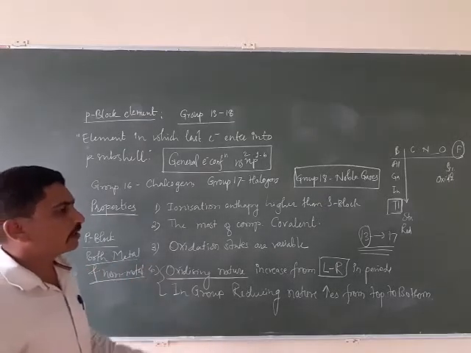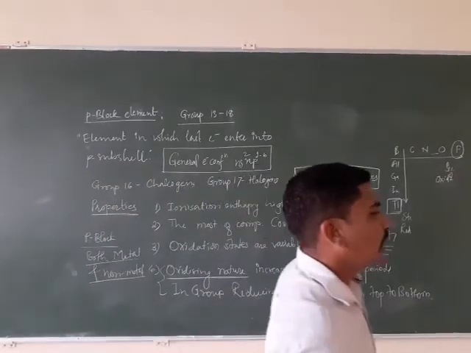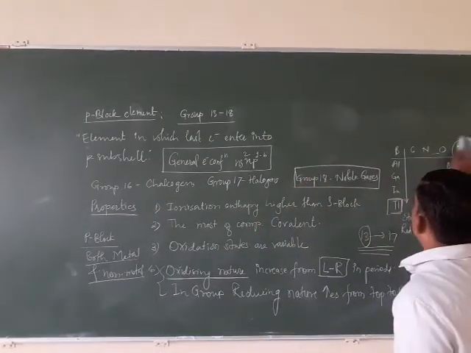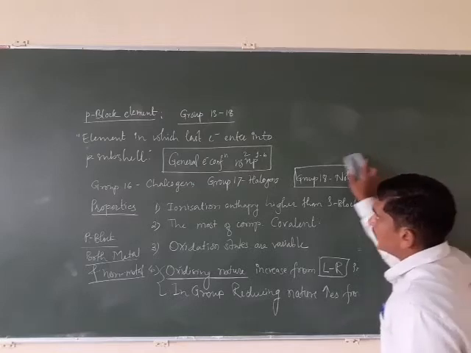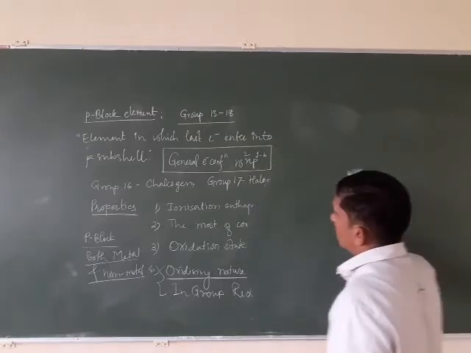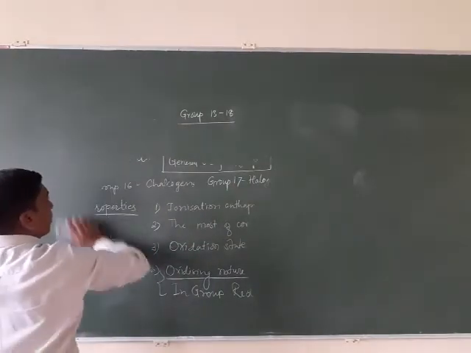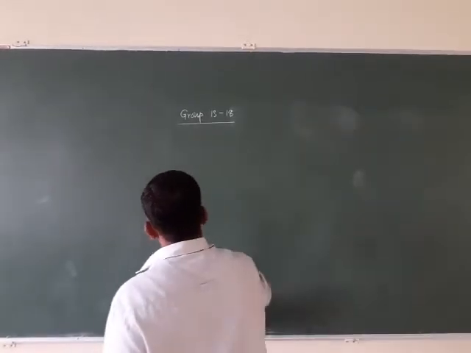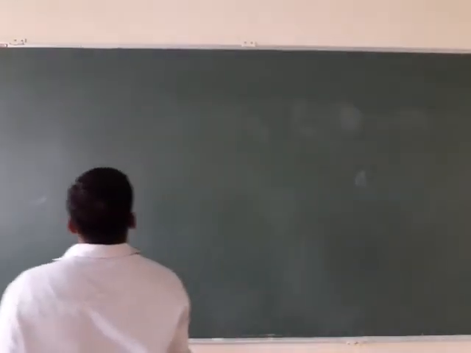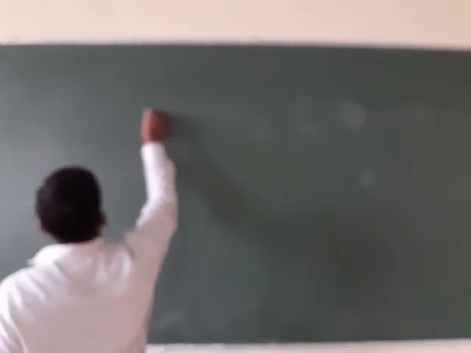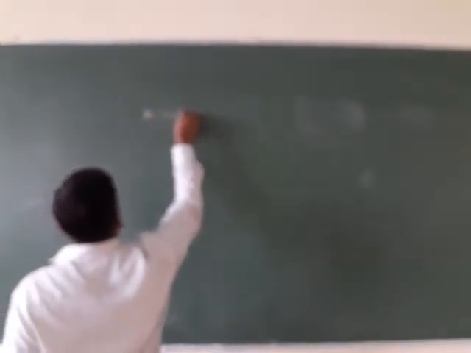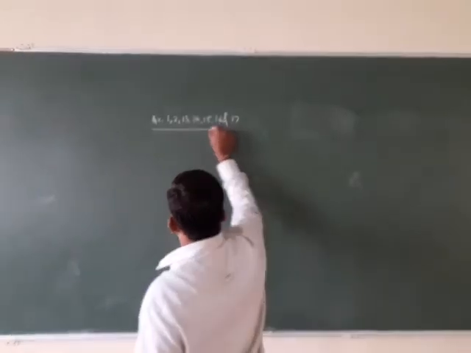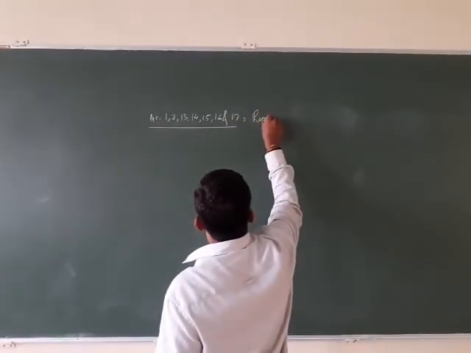Metals and non-metals, both types of elements, are present in the p block, and that's why these kinds of properties are shown by the p block. Now, the p block and s block elements, except group 18, that is group numbers 1, 2, 13, 14, 15, 16 and 17, are called representative